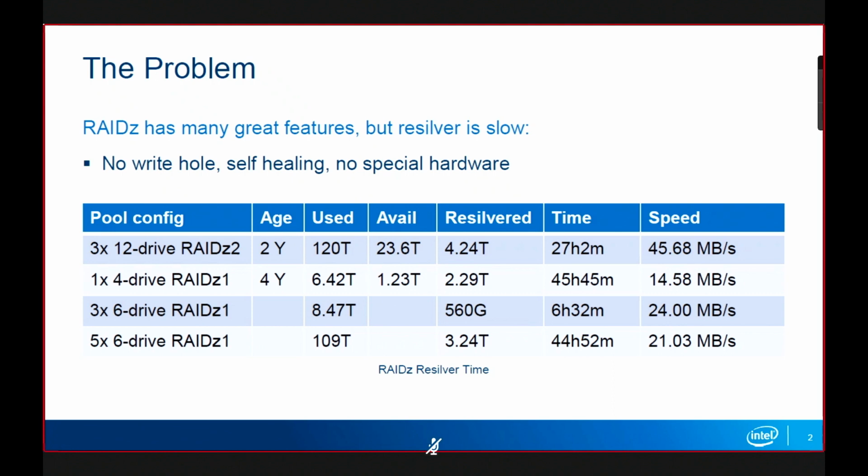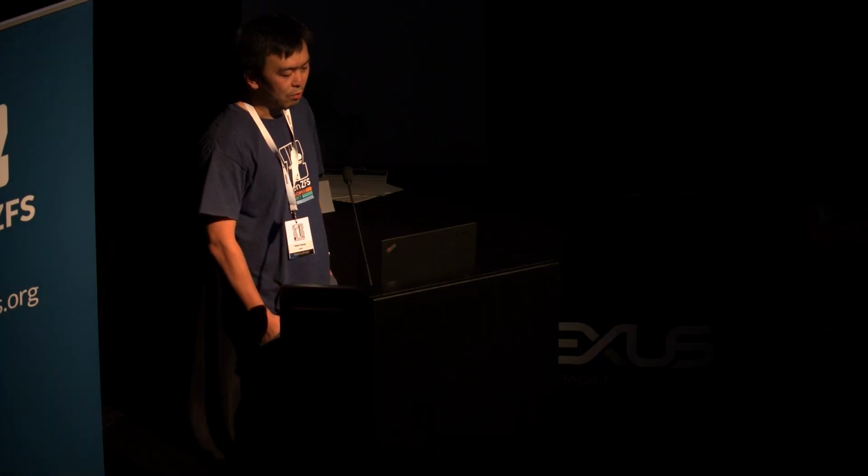The actual speed can be affected by many factors, like the age of the pool, fragmentation, and the block size. But in general, we all agree that the speed can use a lot of improvement. And the new DRAID VDEV driver aims at solving this resilver problem, yet at the same time providing similar features as RAID Z. For example, the same 3 parity levels, no write hole, and it runs on just commonplace hardware,